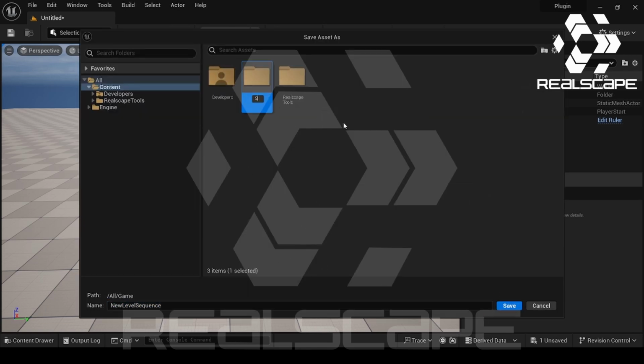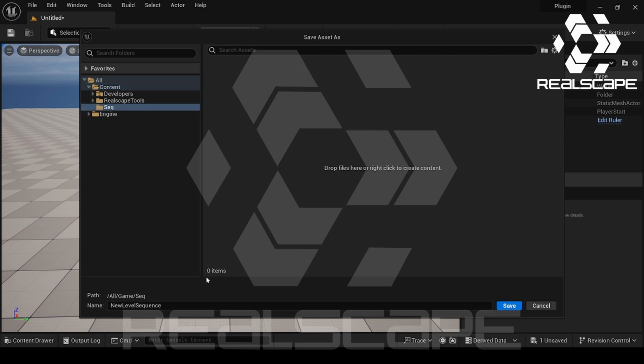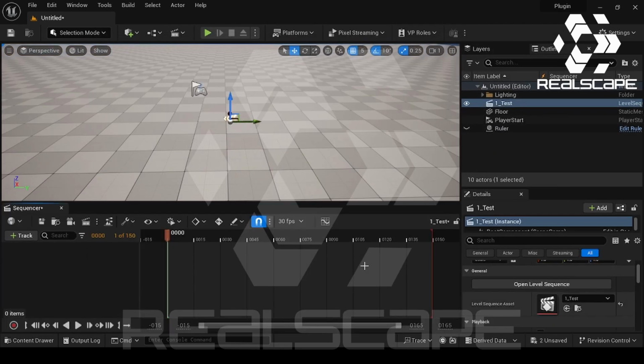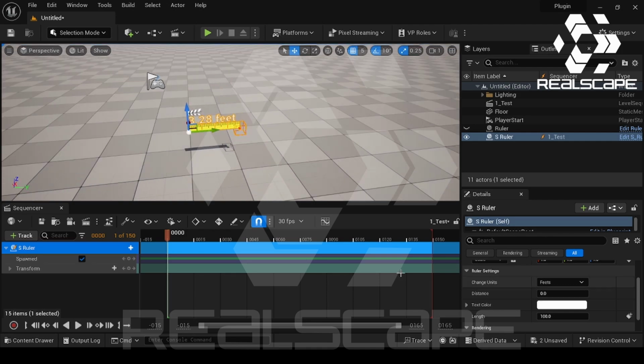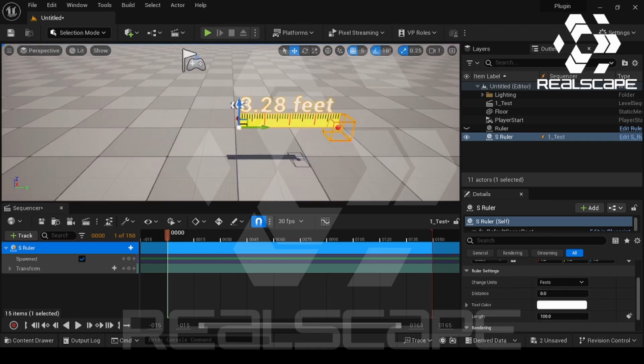I'll create a folder, randomly named Sequence, and name the level sequence One Test. I'll save it, and as this is open, I need to drag and drop the ruler inside the level sequencer. Here the ruler has been added. It's a similar ruler, nothing needs to be added, nothing is changed over here. The settings are the same, everything is the same. Just that in here,